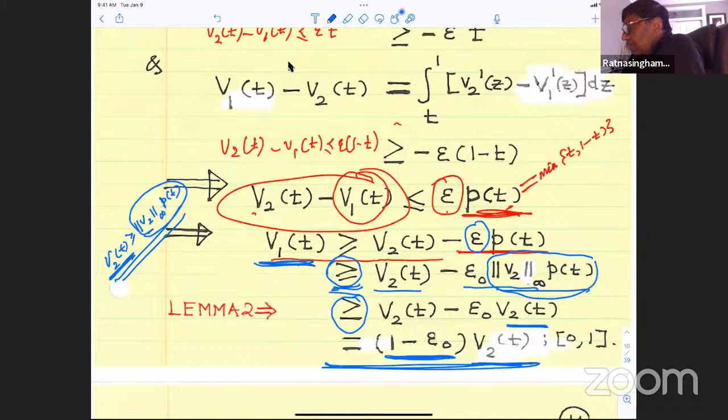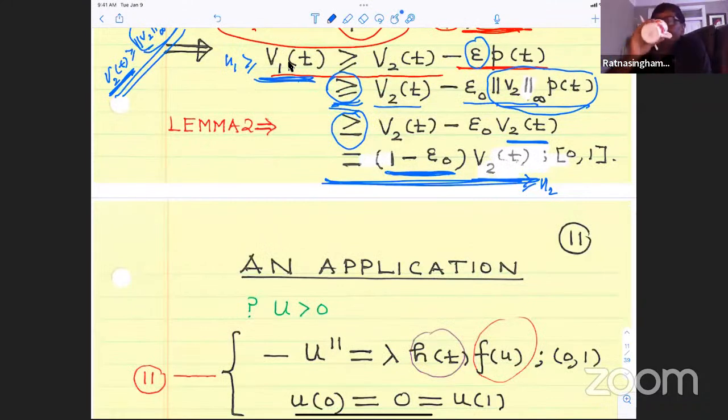And as I mentioned, once you prove it in terms of v1 and v2, your u1 is always greater or equal to v1, and v2 is always greater or equal to u2. So that means we'll get the theorem that we wanted to prove. As long as h1 minus h2 in the L1 norm is controlled, then we can always achieve that inequality. Okay, so that's a proof of the simple theorem that I wanted to talk to you all about today,